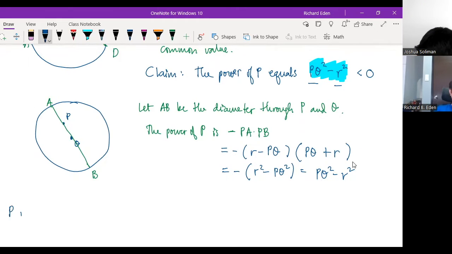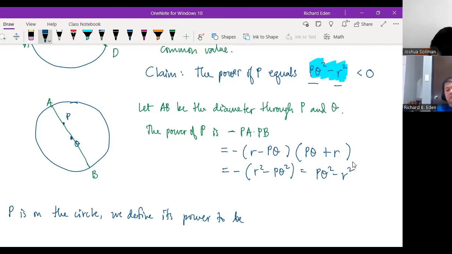If P is on the circle, we define its power to be 0. Hence, in all cases,